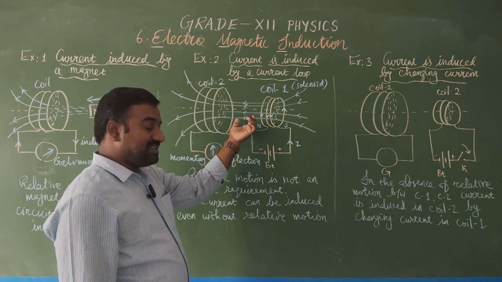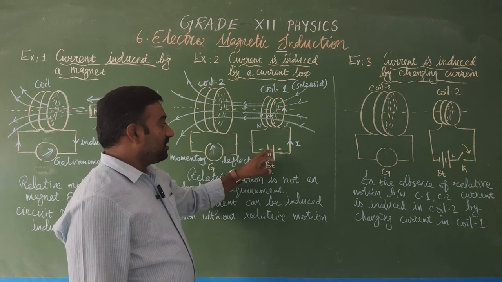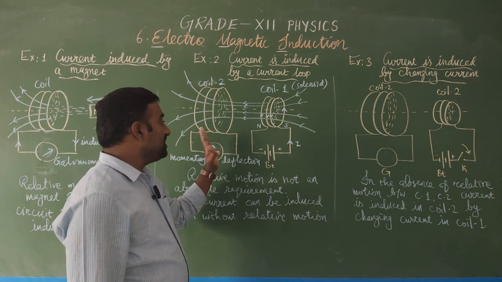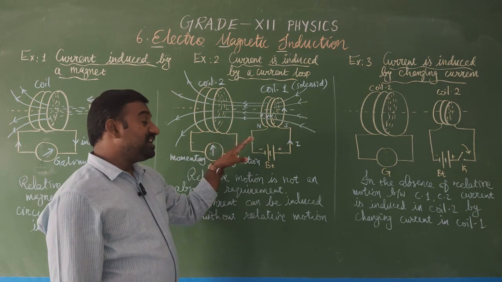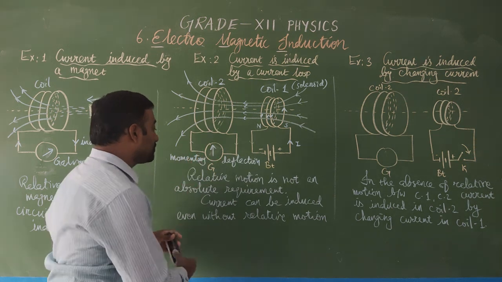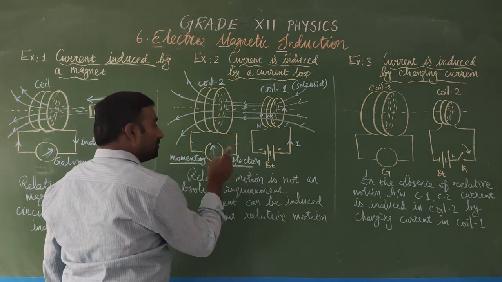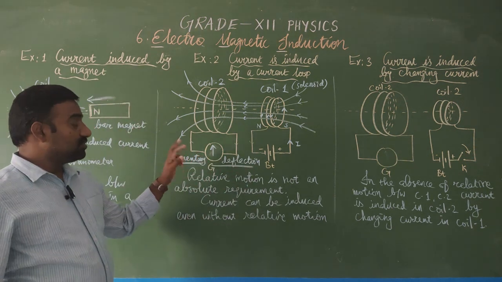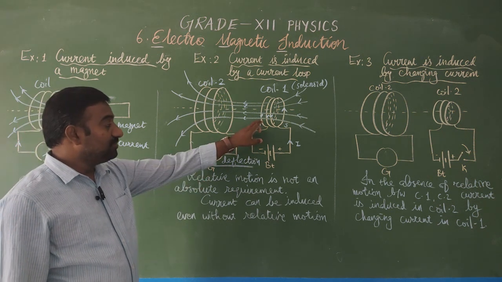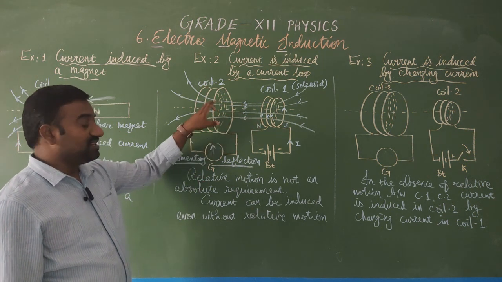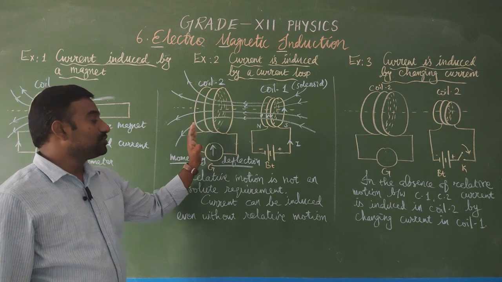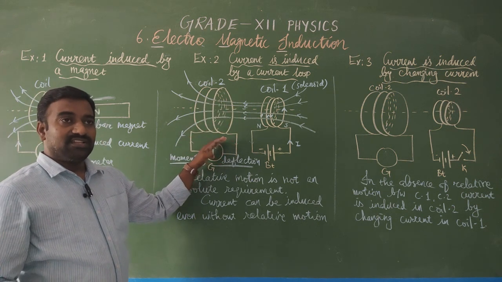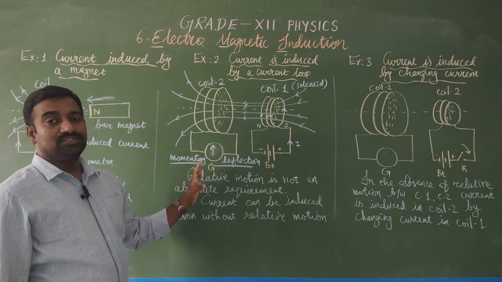By placing the coils nearer without touching, when the terminals are connected to the battery, immediately the galvanometer shows the deflection, but it won't last longer. Soon it immediately comes to zero. Then the deflection is called momentary deflection. But what makes the galvanometer deflect? Because the north pole alone is always linked with the coil. So initially when the north pole is linked with the coil, it shows deflection, but there is no changing of the pole. Then again it comes to zero.